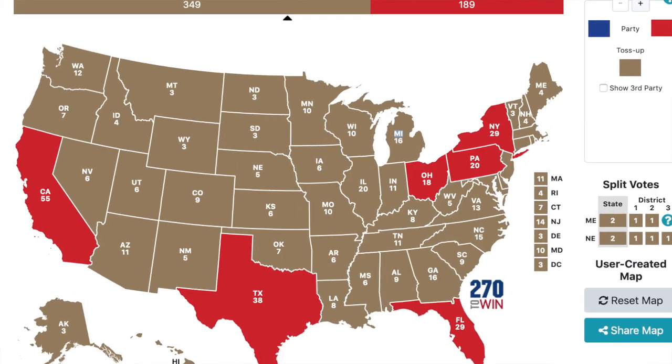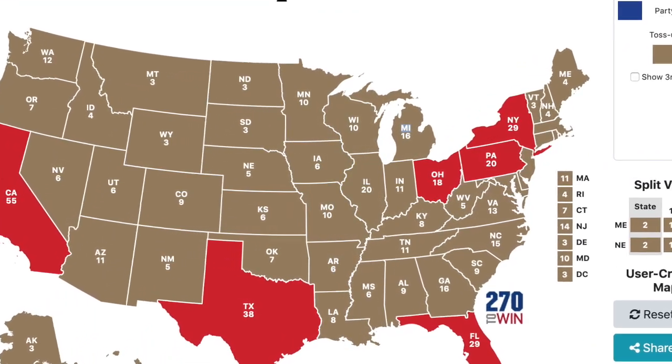Now, here's the difference between the population and the Electoral College. As you can see, California, Texas, Florida, and New York have the highest amount of population. Now, if we did a popular vote, people running for president would only need to focus on cities with the higher population, like California, Florida, Pennsylvania, Texas, New York. If you win the highest population cities, then you would win the presidency, and then the rest would follow.